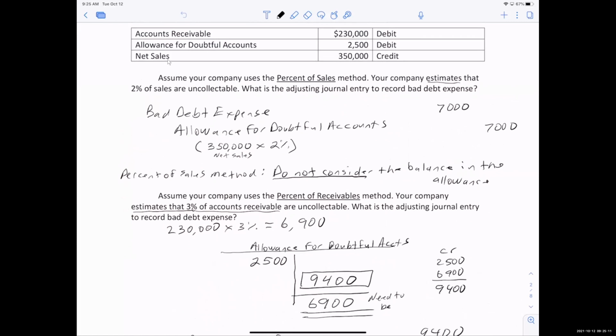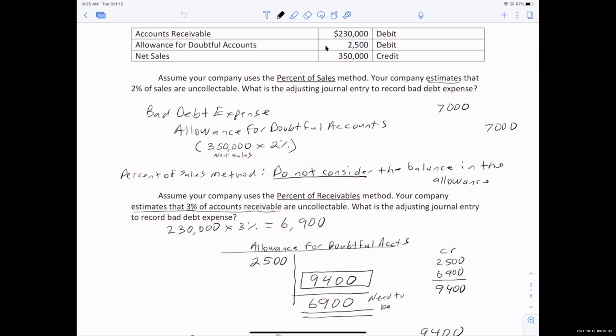So in the information, here's what's in the allowance for doubtful accounts. It has a debit balance of $2,500. Now, notice that when we did the net sales method, we didn't need it. Forget it. We don't need this allowance, or we don't need the accounts receivable either. We just needed this. But because in the percent of receivables method, we have to consider the balance in the